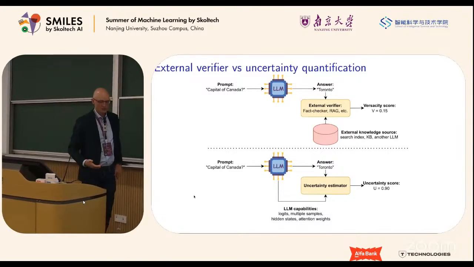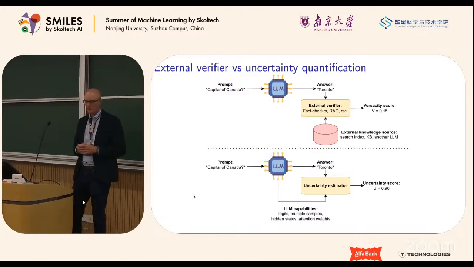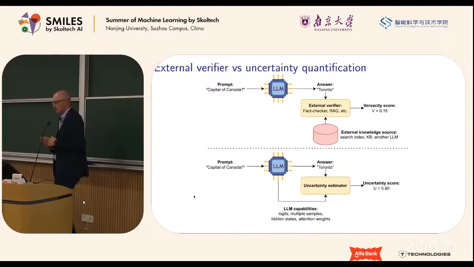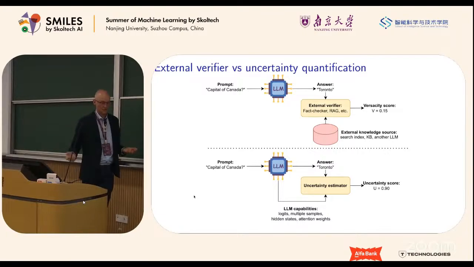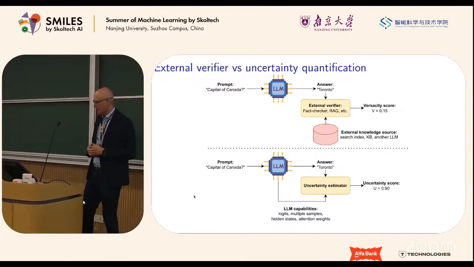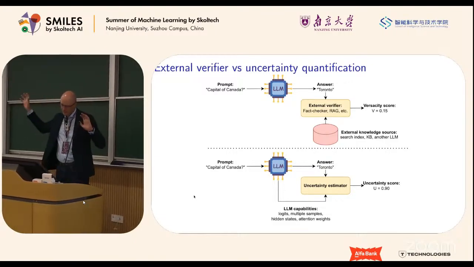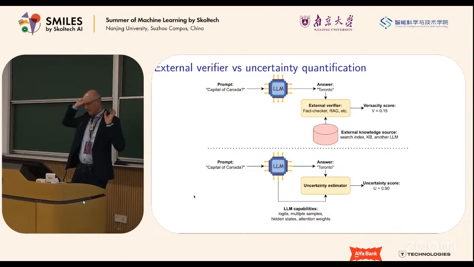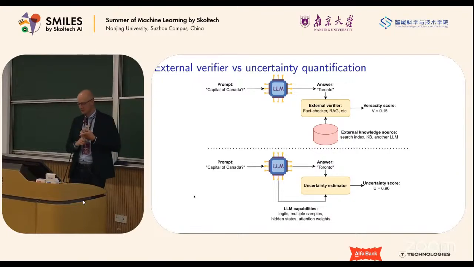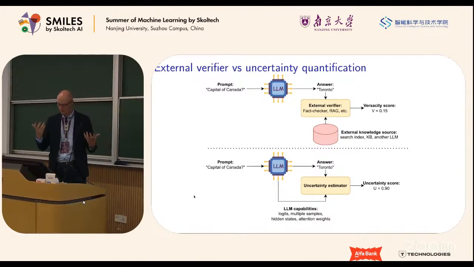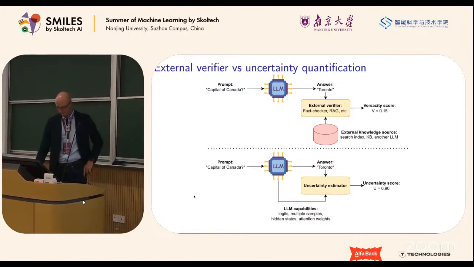Should we try to formalize this very strictly? What is uncertainty? What is not uncertainty? And he said, actually, uncertainty is everything that helps me to solve some task, reliability tasks, selective generation, or maybe hallucination detection. So I think that this intuitive definition, that uncertainty is some score that you can extract from the LLM itself to solve certain tasks, such as selective generation or hallucination detection, is exactly what many people in our community think.